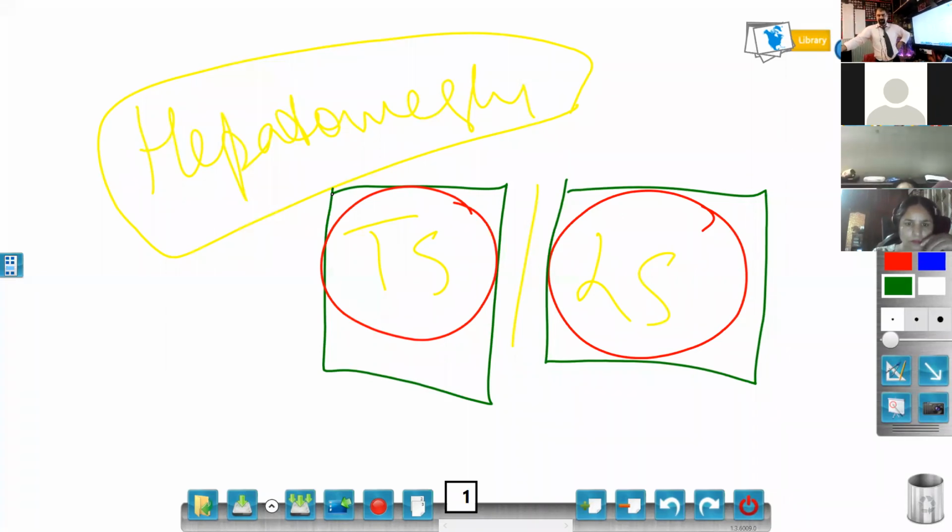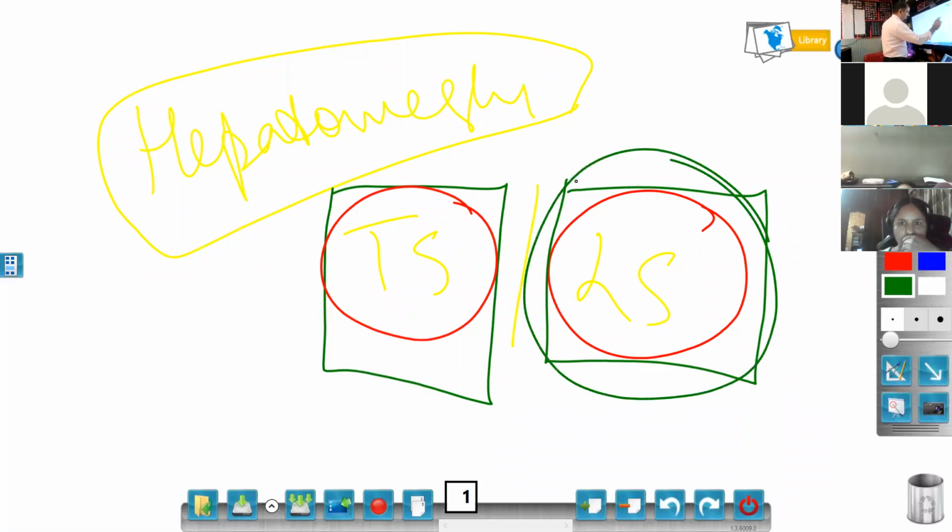How many longitudinals are there? 3, 4, 5. Anybody with the transverse section? No. Very good. Thank you very much. I got 100% answers right. In longitudinal section, now what you have to do, you have to see the liver in both transverse as well as longitudinal.